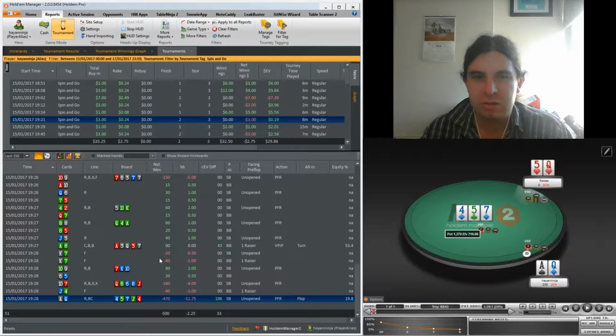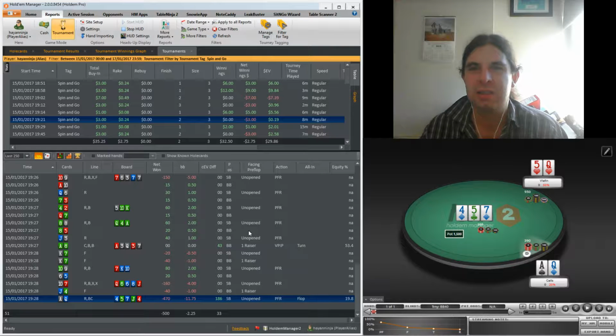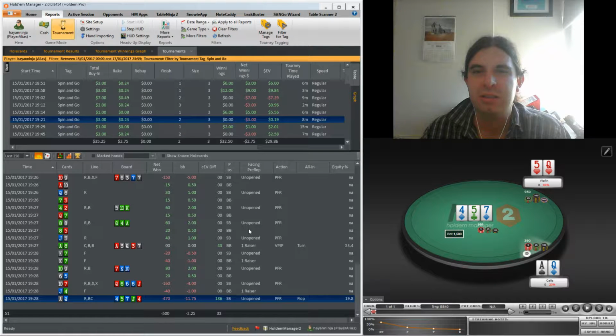So that makes me even more convinced that this CEV thing is not meaning what I think it means, so I will have to look into that. I know in cash games it's got EV diff, which is very straightforward, but I'm guessing this is a more complicated thing that takes all those tournament bits like ICM into account. Now I'm not really that much of a tournament player, so I haven't really studied how those kind of things work. So yeah, that's why I'm not too familiar with it. So yeah, here I'm down 7% and I do not win. Okay, so